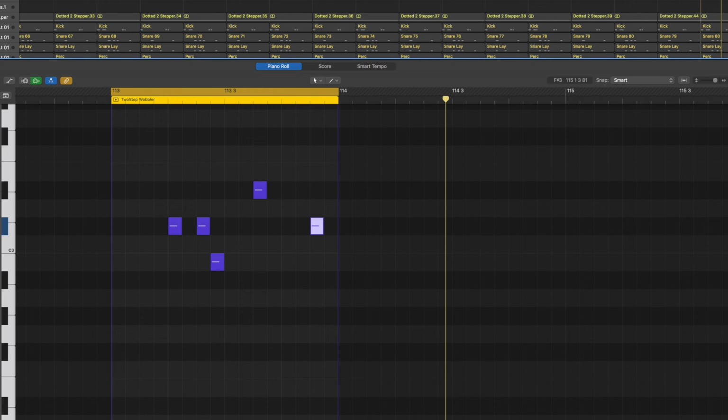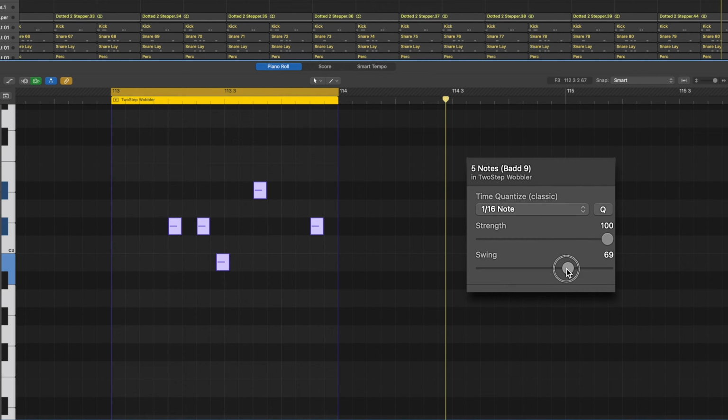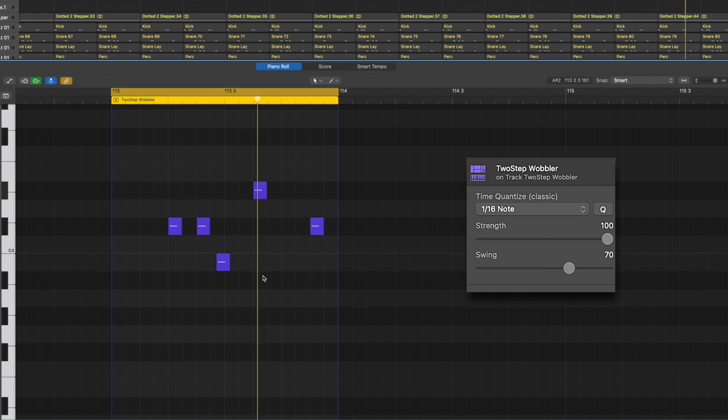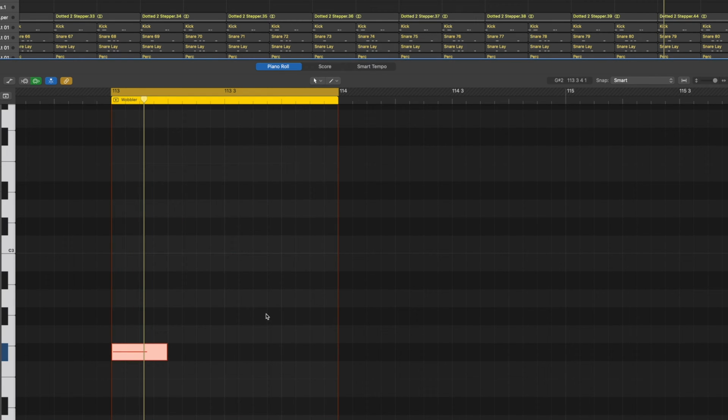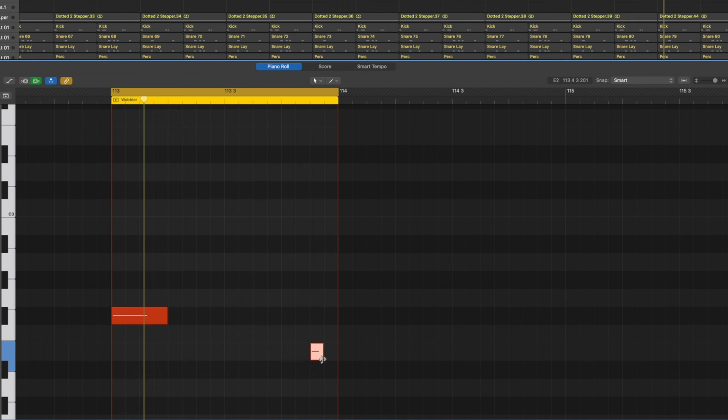Problem is that seems super rigid, right? We need to make sure we've got a similar swing and vibe to the rest of the track. So we're on our 16th note and our swing was about 70%. That should swing those notes like so for us. Then maybe on the wobbler we could have a little something that just helps bring it into the next note. So maybe on the and here,